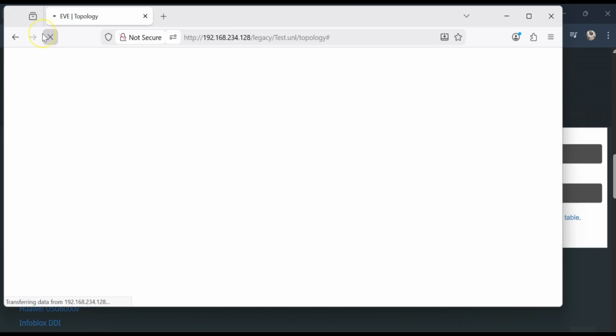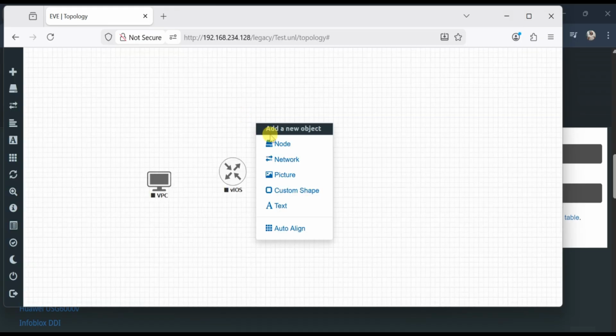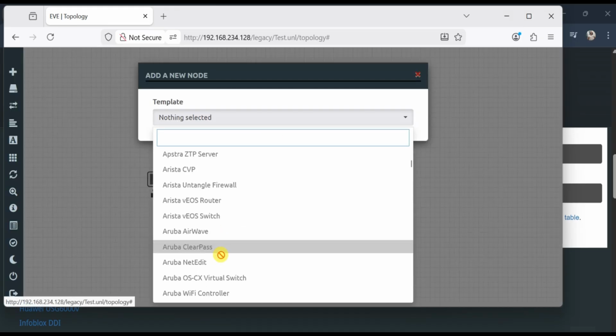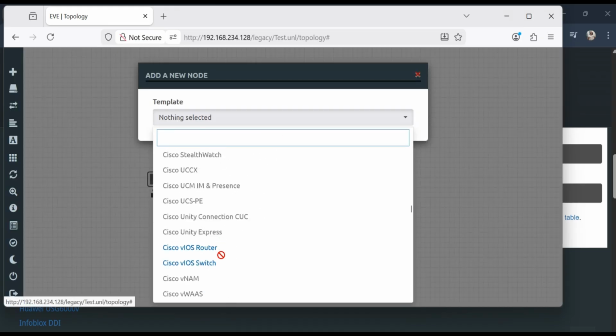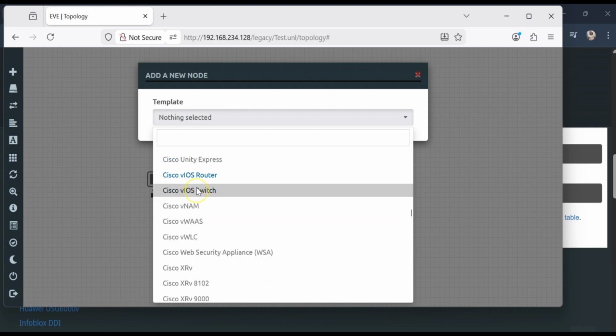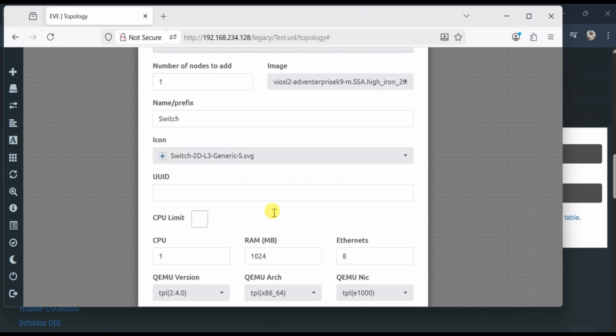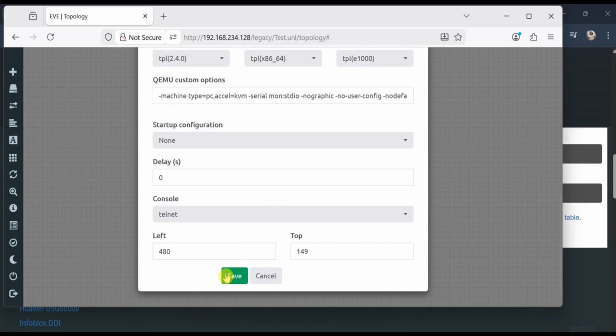So once we are done, we refresh our EVE-NG, go to our nodes, and as you can see, we have two nodes that are now below the switch and the router. We just open our switch and save,